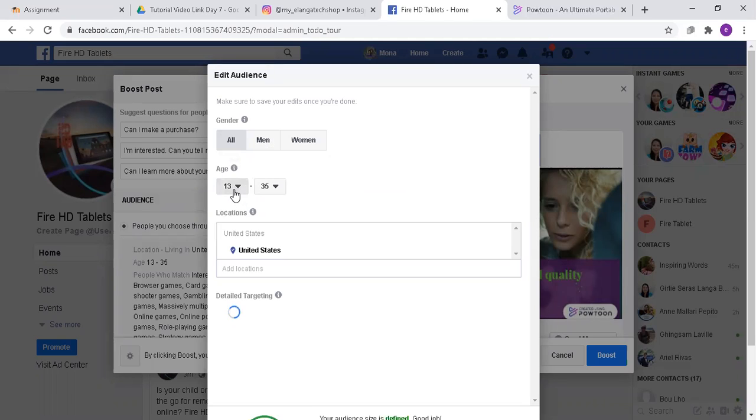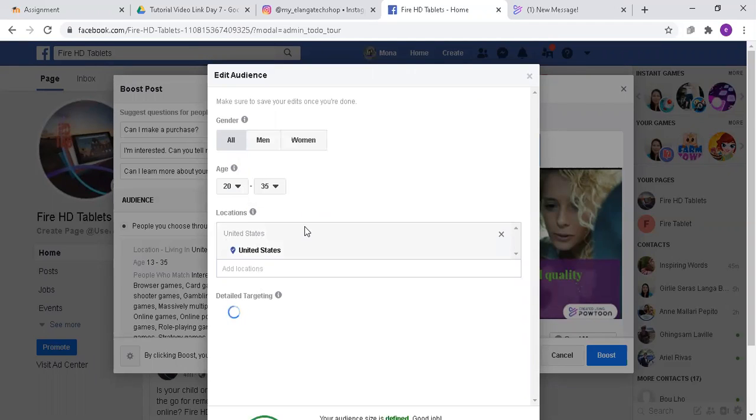So for the age, we can choose more options here, but to be specific, I would like to choose 20 to 35 years of age.